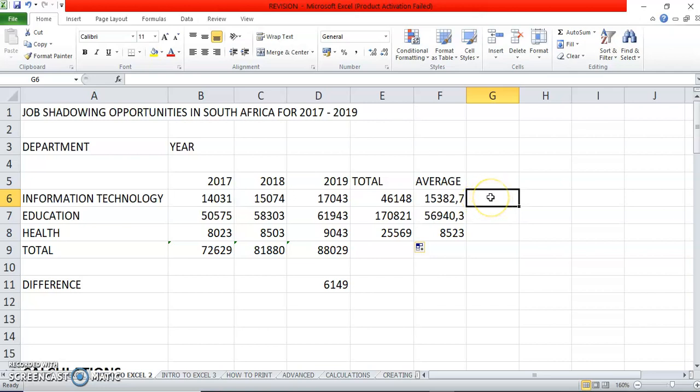And this is what we're going to do. We're going to say is equal to the total divided by what? Divided by 3 years. So we're going to have divided by 3, and there we get the same value. Okay, it was just calculated differently. And again, I am just using that and dragging it down to get